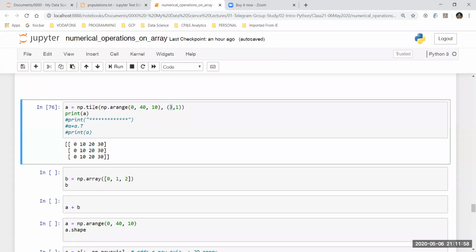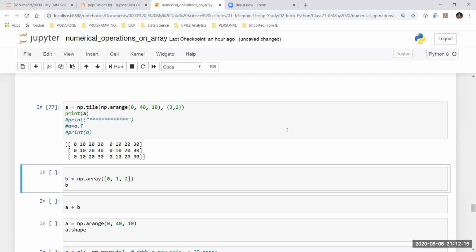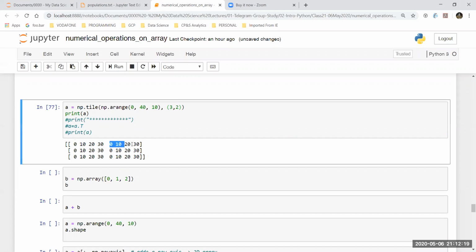So this tile function is similar to the tiles which we apply in our houses as well, right? Each and every tile is exactly a mirror copy of the other. So that's exactly what it is doing. I'm specifying the number of times it is going to repeat that. Now, what happens if I change this to 2 as well? If I change the other value to 2 as well, then it is going to repeat the same value n number of times.